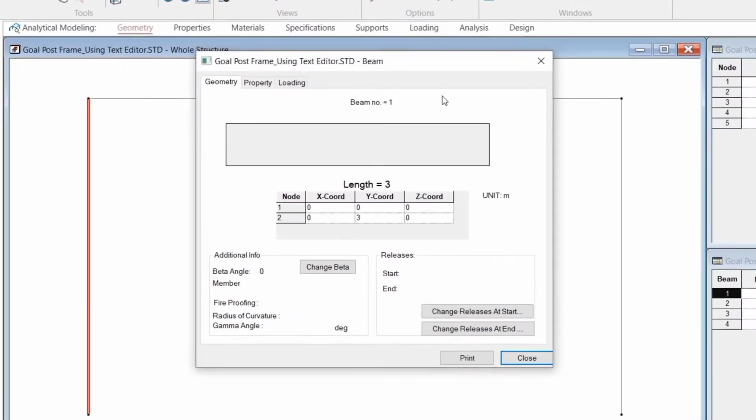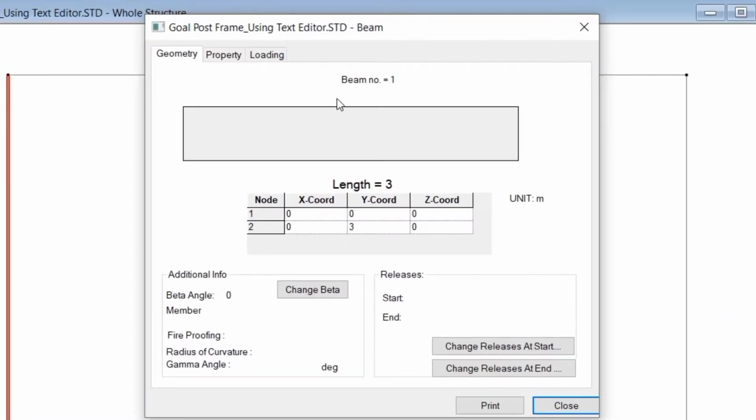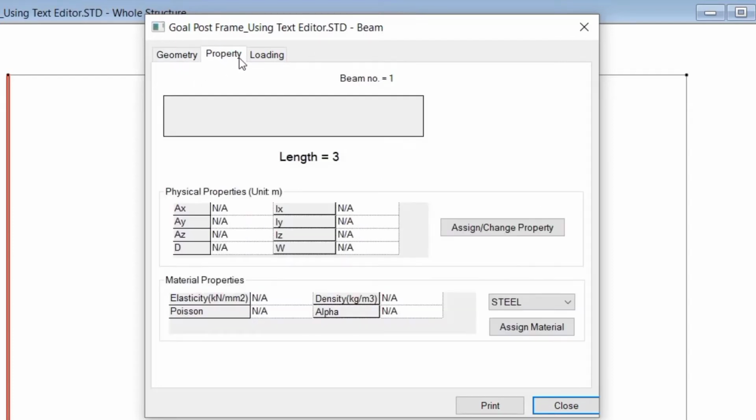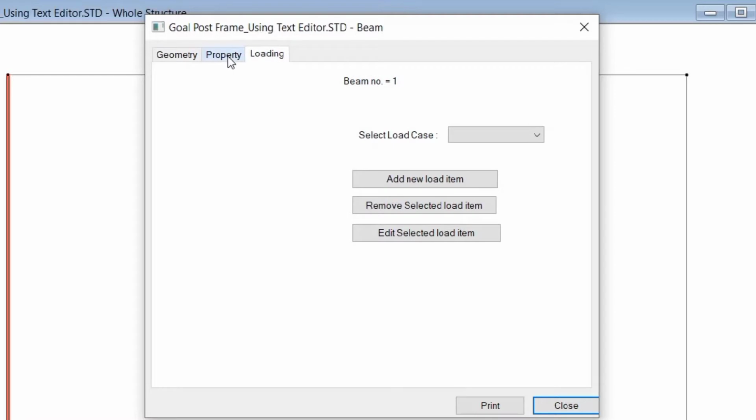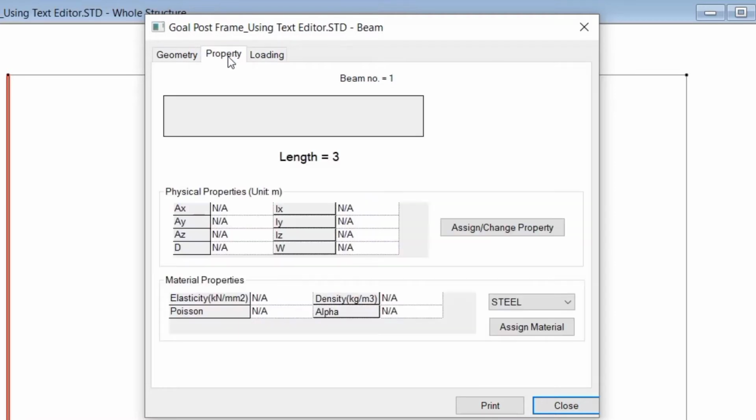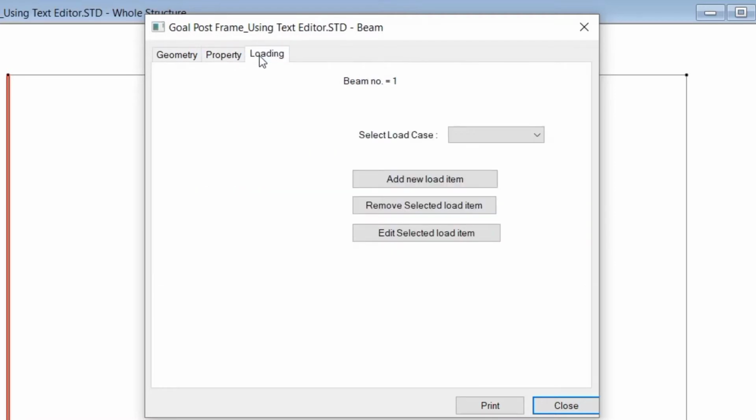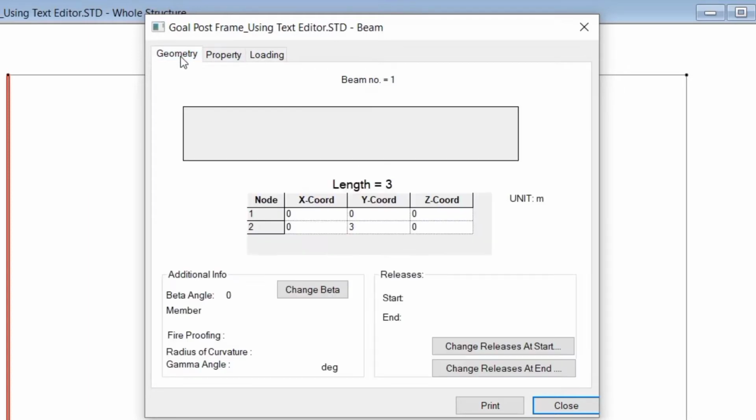Now let us look closely at this member query box. We would see that there are 3 tabs in the member query box. The geometry tab is open by default. You have a property tab and a loading tab. Now you do not see any information on the property and the loading tab because we have not defined or specified any such information. But if I go to the geometry tab, we would see that there are a few